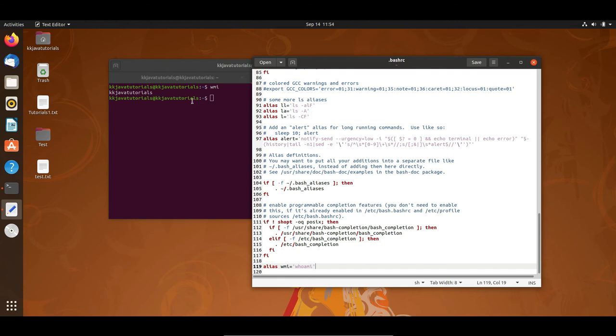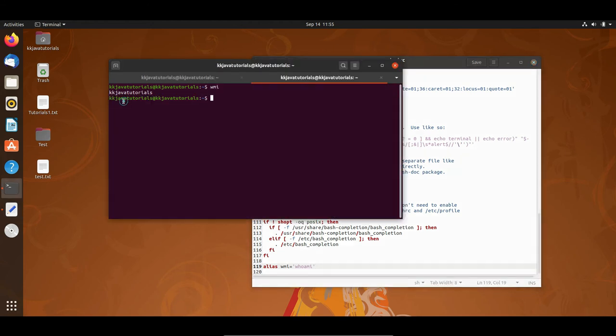Apart from that, there are a lot of ways to customize the terminal using the bashrc file, right? Like changing the text displayed at the prompt. Whenever we open this prompt, what you see is the username @ host name colon, then the tilde sign, and then the dollar sign. So this can also be customized, right?